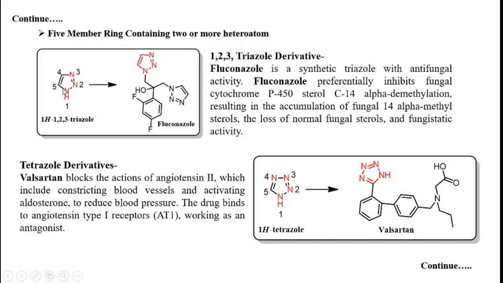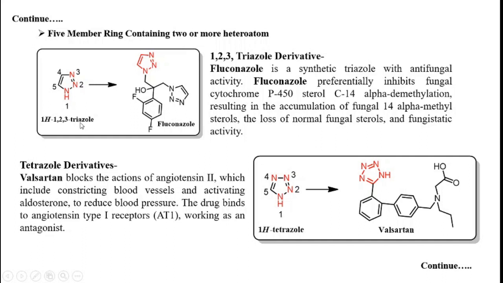It completes all its valency, that means nitrogen has valency 3 or 5, and it completes all its valency, so 3 bonds are present, so it is a fully saturated nitrogen. Hence this 1H represents the saturation of the nitrogen, that is fully saturated, in 1,2,3-triazole.